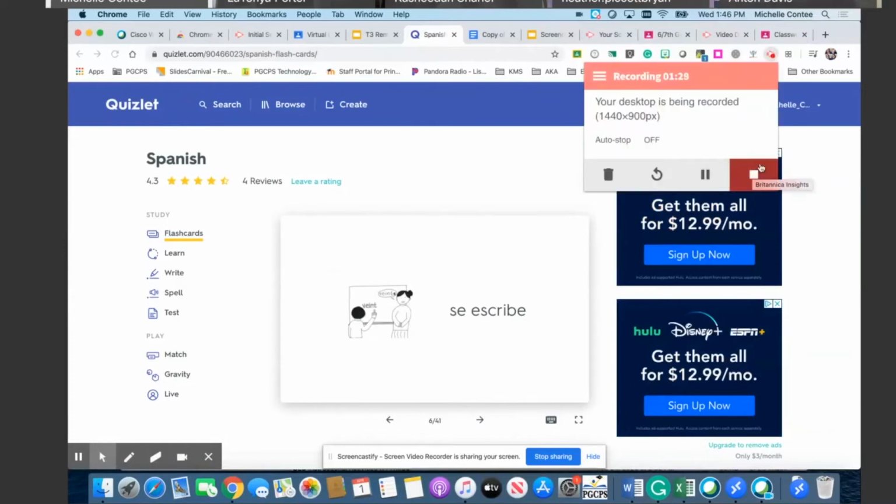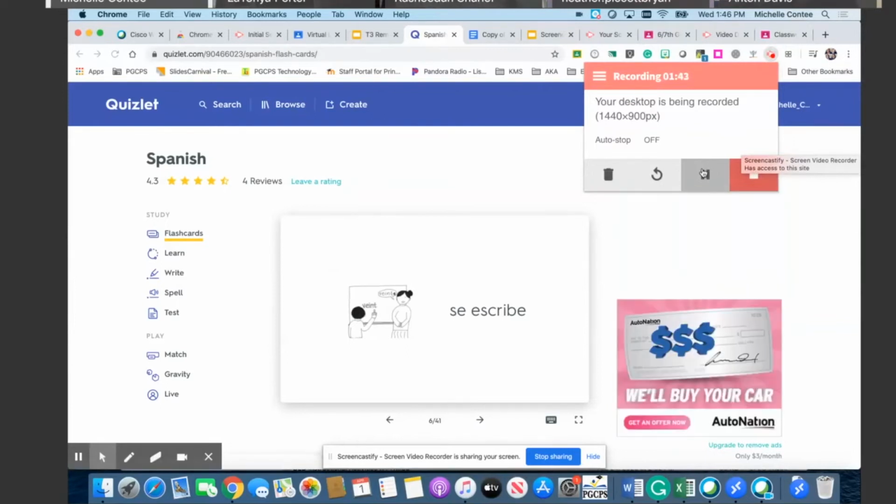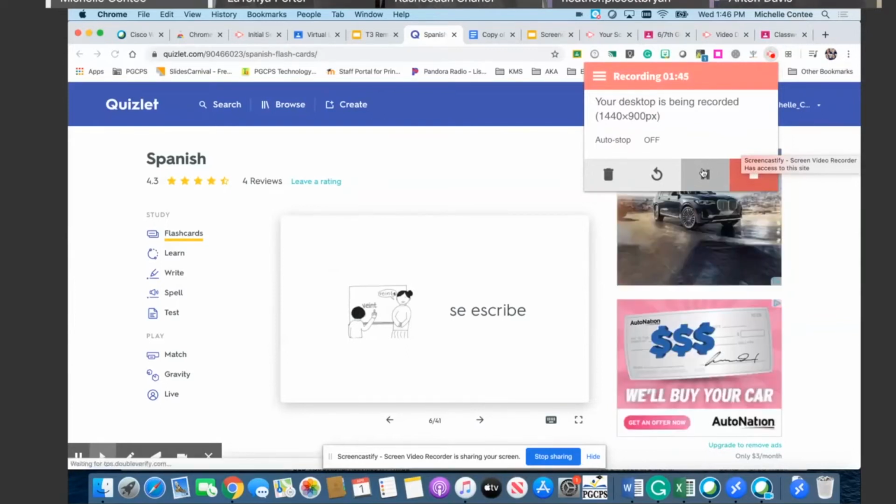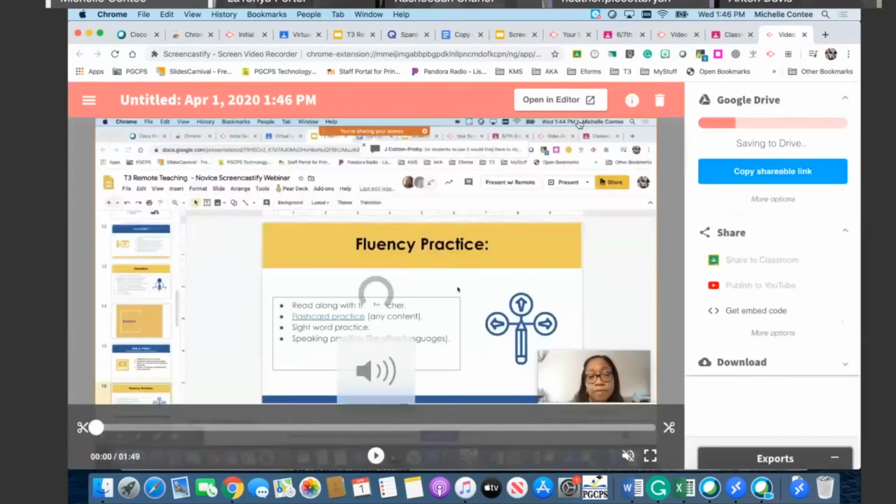To stop recording, we can click on our icon again, our Screencastify icon, and click the stop button. If at any moment you just want to pause your recording and pull up something else, you can do that and come back and click the play button and it'll begin recording as if you never stopped. So that's a pretty cool feature. So I'm going to stop here and just talk about,